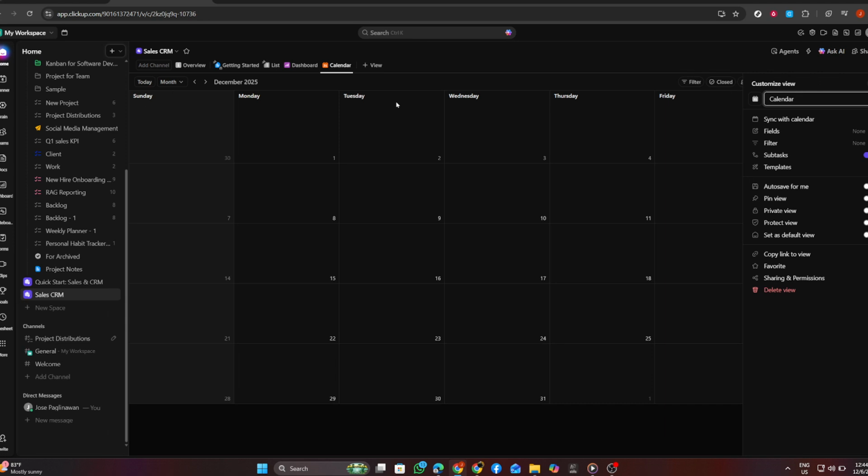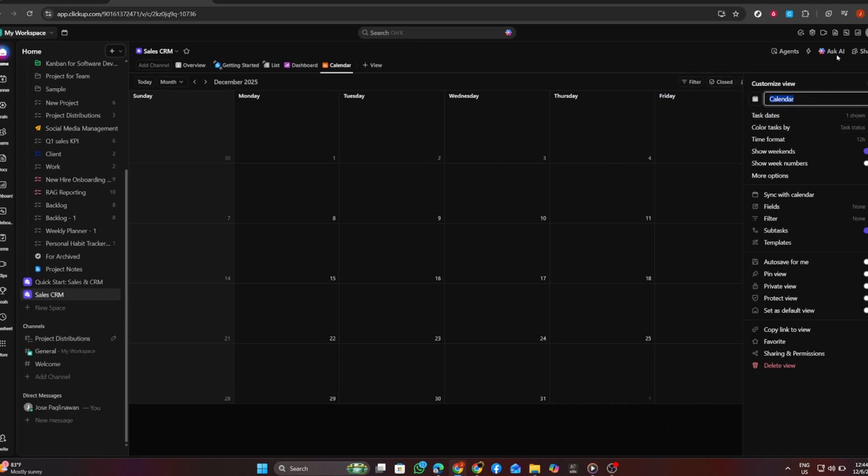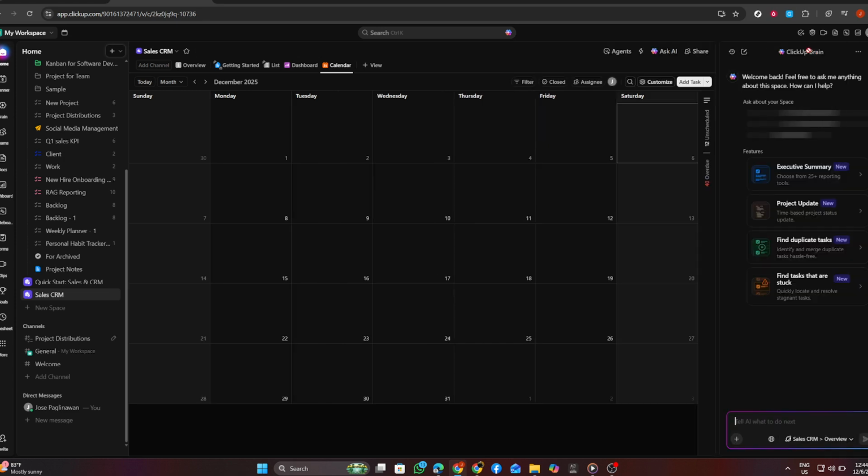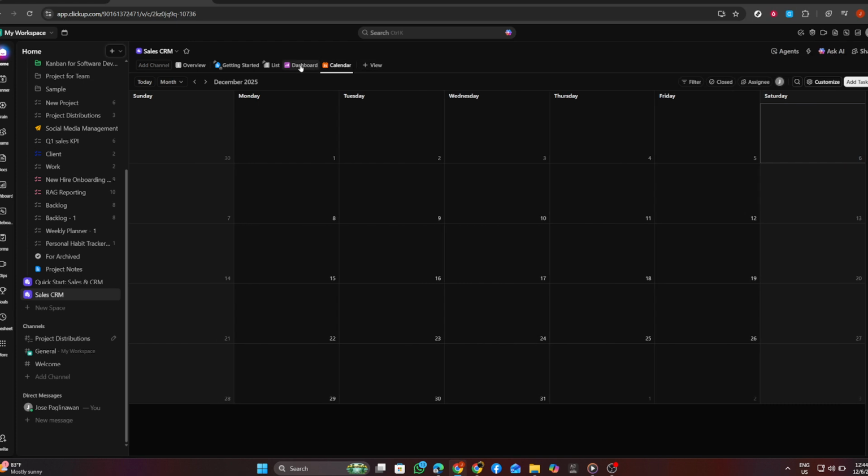To save time, add automations. Go to automations and create a few helpful rules, like assigning the task to you when the status changes to contacted, sending a reminder when the due date arrives, and moving a task to a deals list when it's marked closed won. Finally, if you want quick performance insights, create a dashboard that surfaces total leads, total deal value, conversion